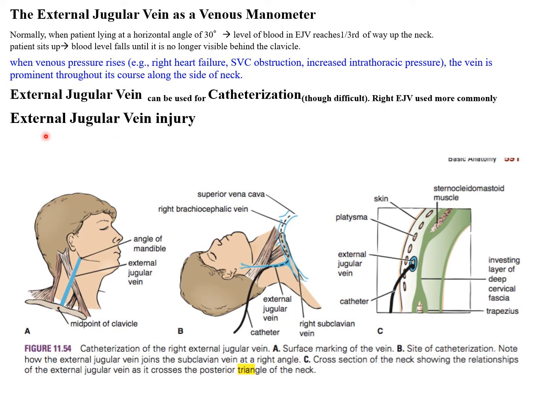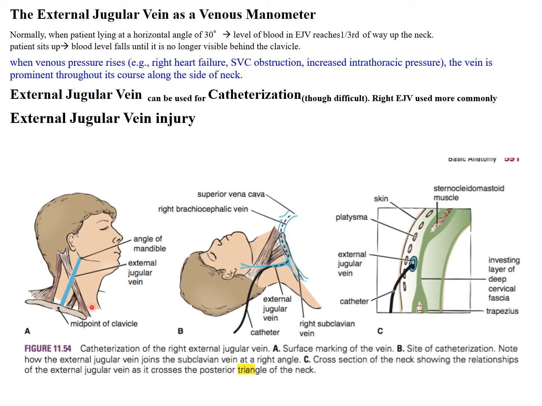I've already discussed in the last class the external jugular vein injury. I'm revising it again. This is very important. Please listen carefully. This is a cross section. Here you can see the relationship of the external jugular vein. So this is skin. Deep to that in the superficial fascia, this is platysma. Over here you can see deep to the platysma lies the external jugular vein. This is sternocleidomastoid muscle and this is trapezius muscle, and in between lies the investing layer of the deep cervical fascia. So, as I have told you, the external jugular vein pierces the deep cervical fascia investing layer.